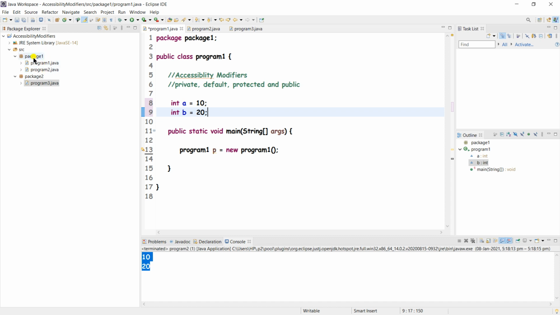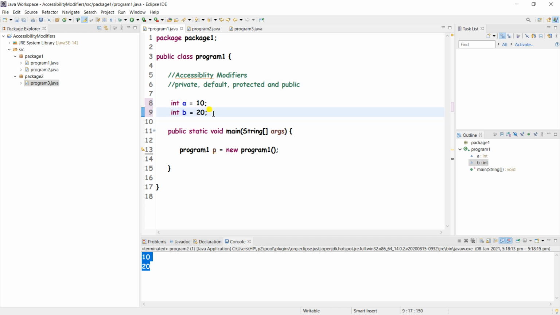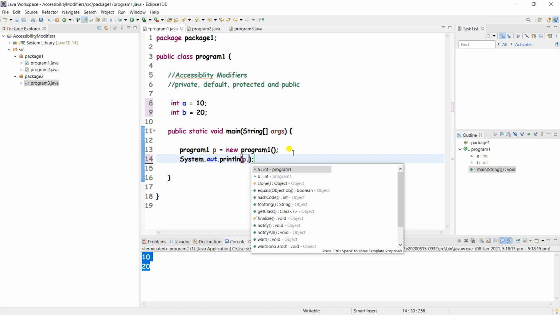So in package one, these int a and int b will be accessible in both classes, right? If we add more classes in package one, then also these variables will be accessible in package one, right? We'll check it practically.